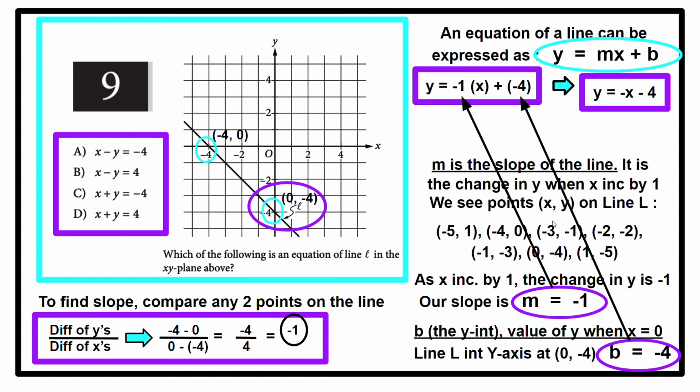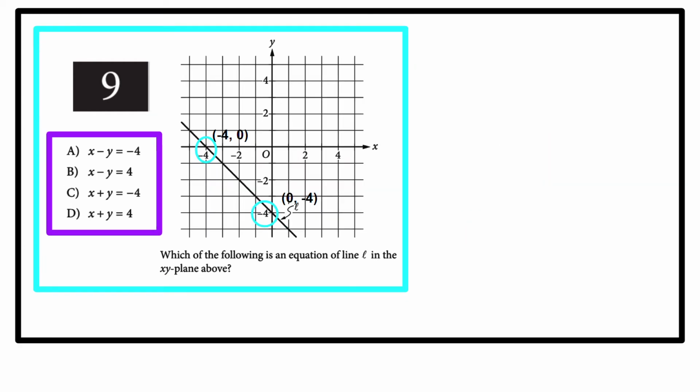We can add x to both sides, and we'll get x plus y equals -4. And we see that's equivalent to choice C. That's our answer. Now, we could take an alternate solution